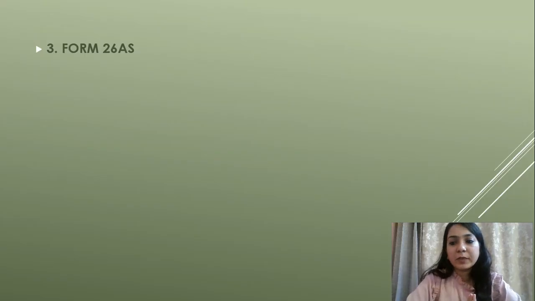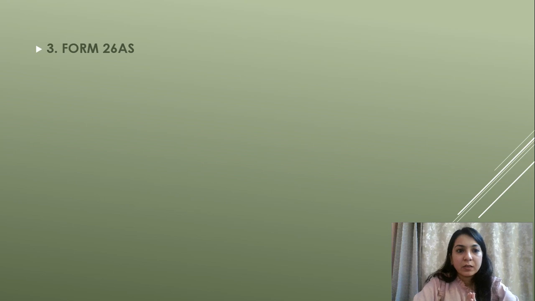Third important document is Form 26AS. 26AS is nothing but a passbook of tax deductions in respect of a PAN throughout the year. So suppose a person is salaried and his employer deducted tax on the salary paid.